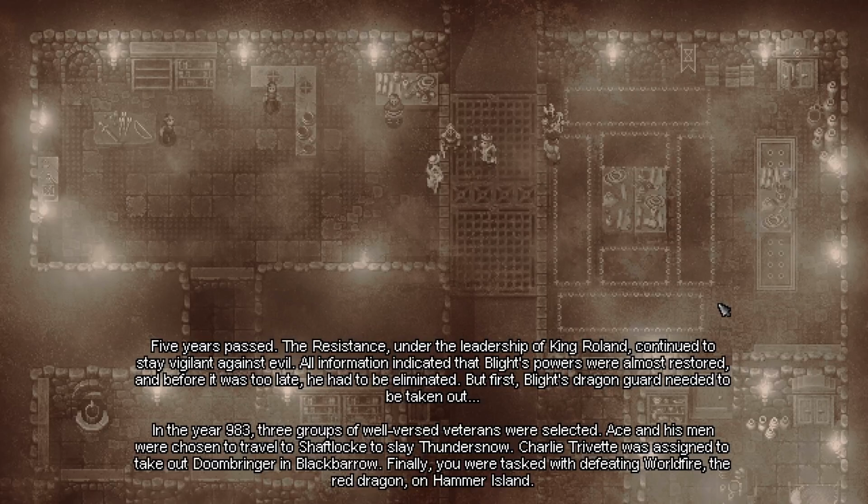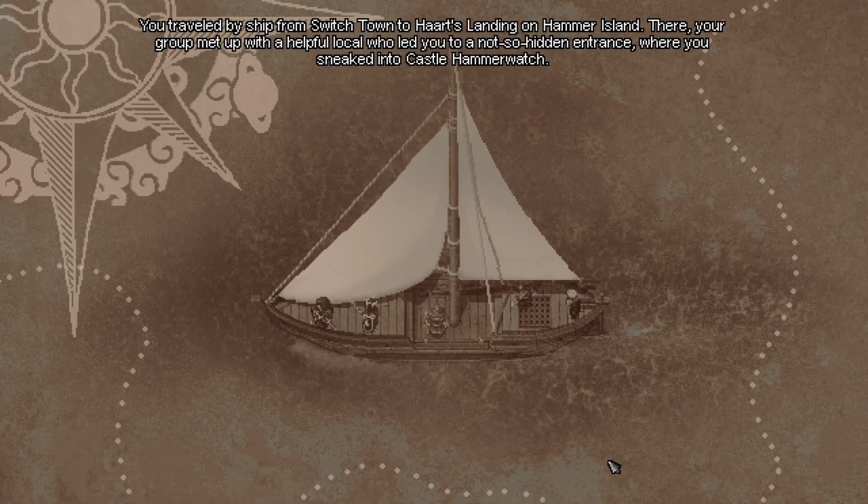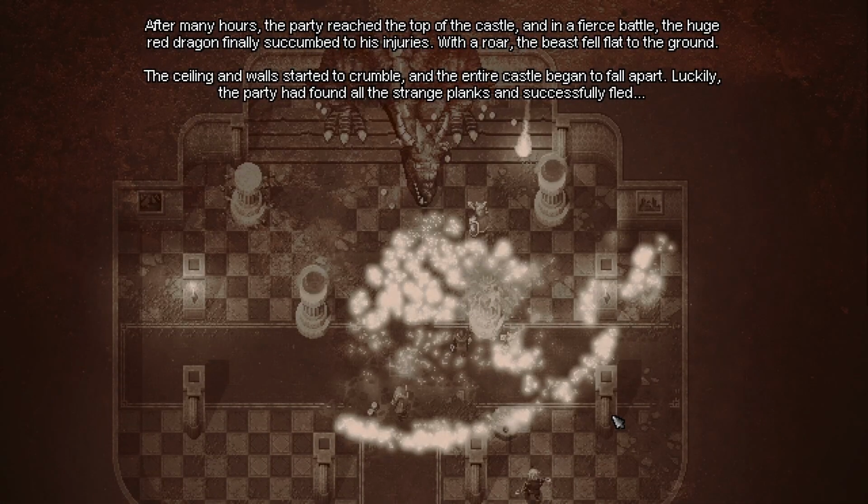In the year 983, three groups of well-versed veterans were selected. Ace and his men were chosen to travel to Shaftlock to slay Thundersnow. Charlie Trevette was assigned to take out Doombringer and Blackbarrow. Finally, you were tasked with defeating Worldfire, the Red Dragon, on Hammer Island. You traveled by ship from Switchtown to Hart's Landing on Hammer Island. There your group met up with a helpful local who led you to a not-so-hidden entrance, where you snuck into Castle Hammerwatch. After many hours, the party reached the top of the castle, and in a fierce battle, the huge